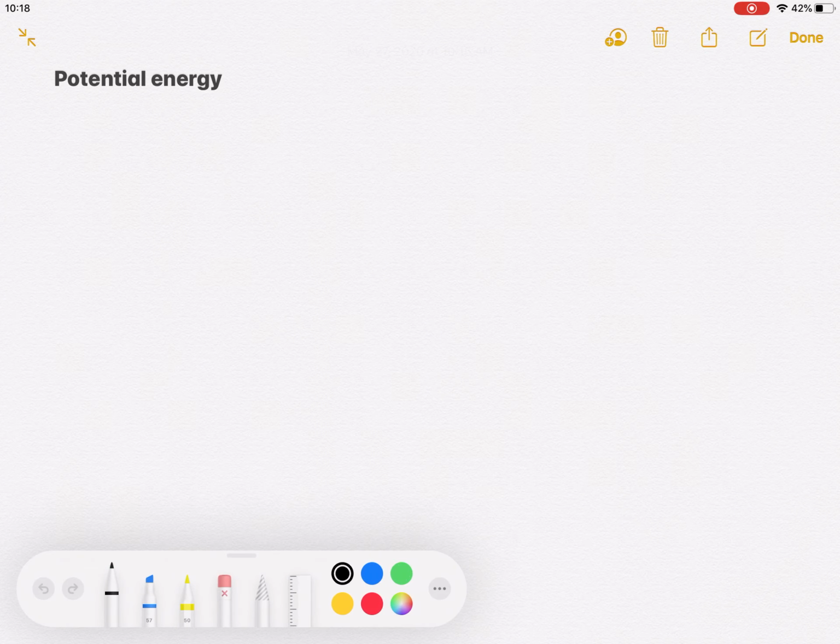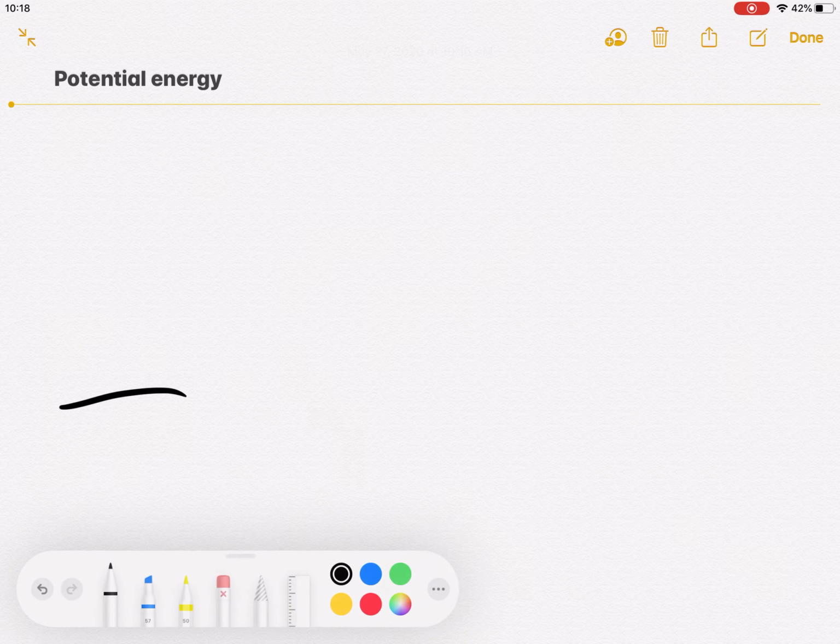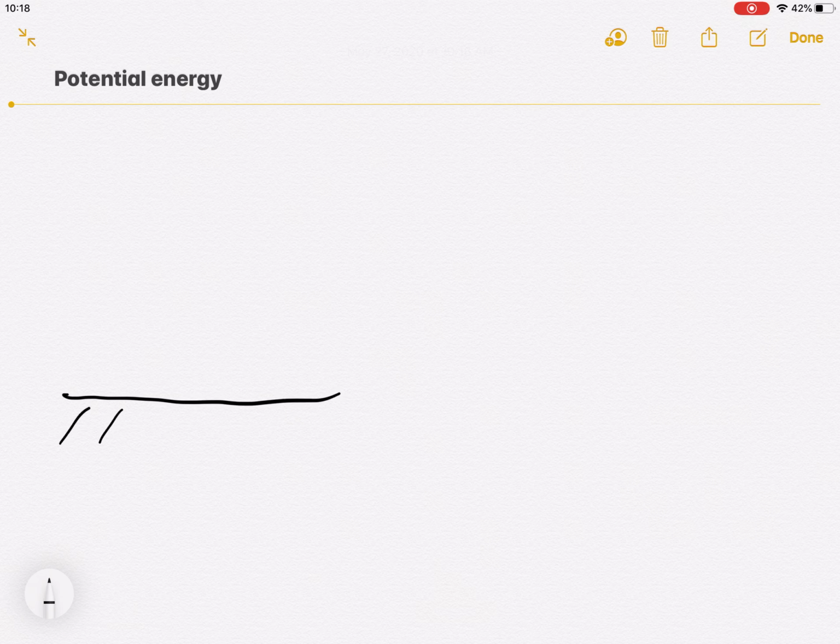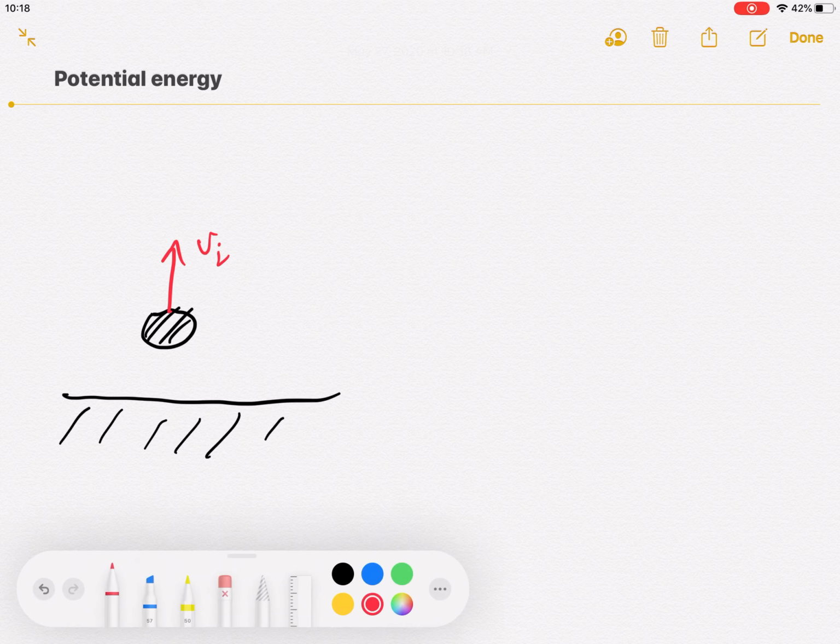So let's consider a problem that we've thought about before, which is when I throw a ball straight up, what happens, right? So there's the ground. Let's put it on level ground, just for reference. Let's say the ball starts at some location with some initial speed upward. There's the v initial, and then sometime later it moves upward